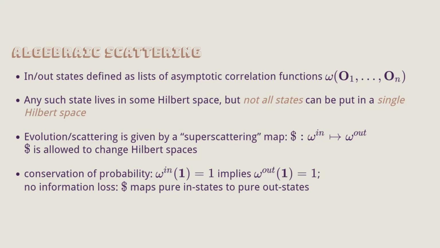So in is defined at scry minus and out is defined at scry plus. Correct. I see. So you give me a list of correlators at scry minus that defines in, you give me a list of correlators at scry plus that defines an out, and then you will tell us how to look at the S matrix between them. No, I'm saying given an in, I will calculate the out correlation functions. The out is not given to you. So given in, you will define the state on scry minus and compute in that state the correlators on scry plus. Is that how one should think of it? Correct. Yes. Okay, thank you. That is the doable computation.